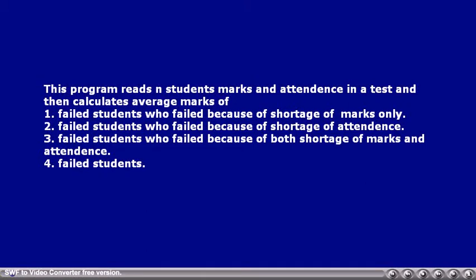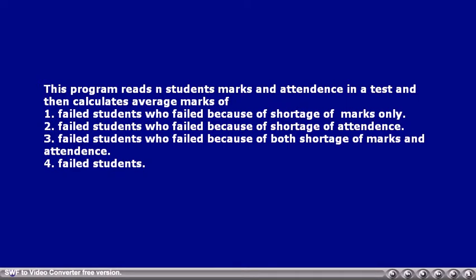This program reads N students' marks along with their attendances in a test and then calculates the following. 1. Average marks of the failed students who failed because of shortage of marks only. 2.